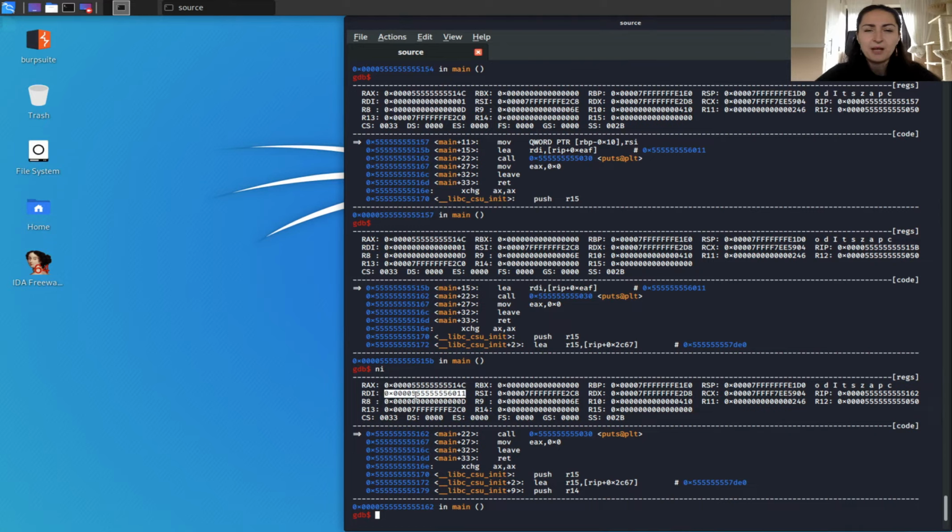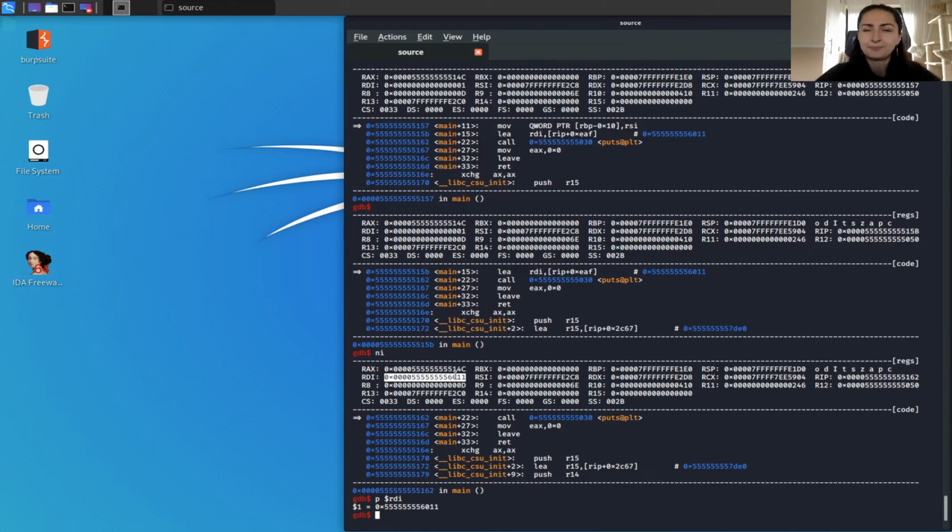First, let's print the value of the RDI register using the p command. By the way, please check the reference link for a complete reference of GDB commands and their usage. Right. Same value as above. We can display the memory contents of that address using the x command. /s interprets that as a string.